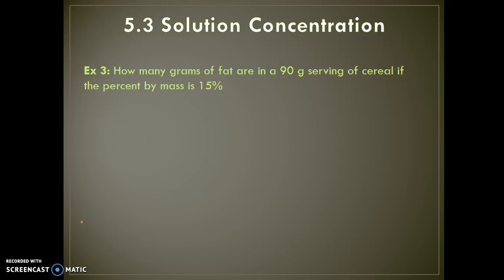Okay, the next example. So how many grams of fat are in a 90 gram serving of cereal if the percent by mass is 15%? So this question works a little differently. Now we're actually given the percent and we need to figure out something about the formula. Now this is probably going to be pretty bad because I have to click with my finger, but we'll see how it goes. So I know this is a 15%